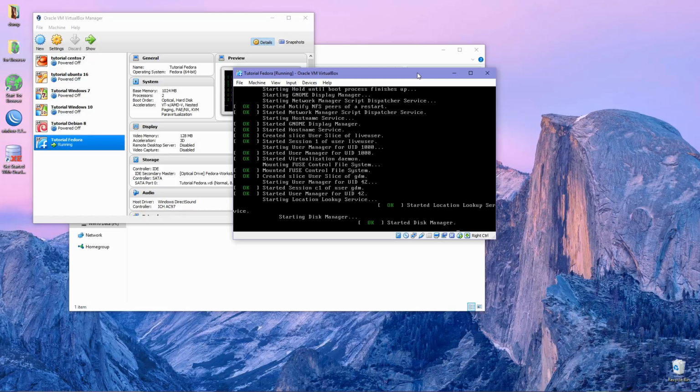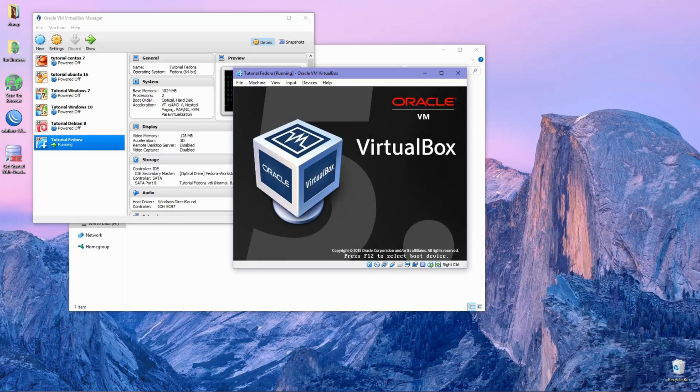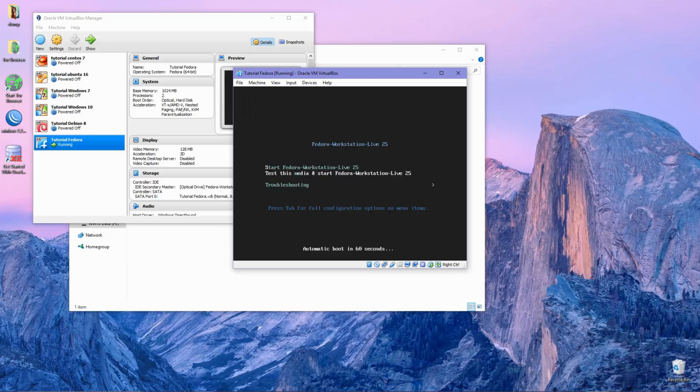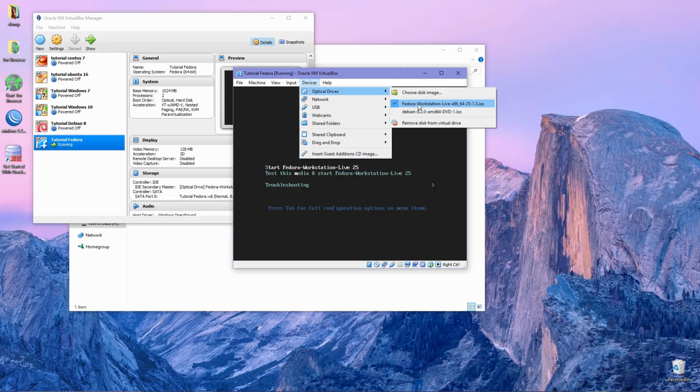Okay, now Fedora will save some settings that we set during the installation process. After restarting your computer or your instance, next remove your installation media.